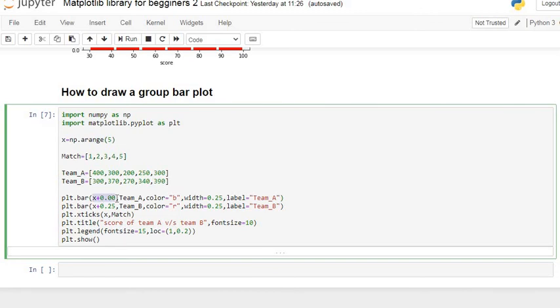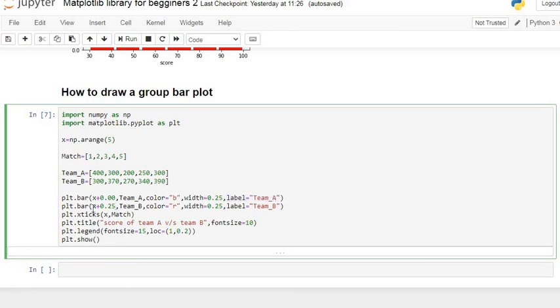You can see I specify here x plus 0.0, where x is basically the default labels for the x-axis, for the bar 1, that is for team A. After that I specify the data of scores of team A. Color, here I use blue color. Width of that bar is 0.25. Label equals to team A.